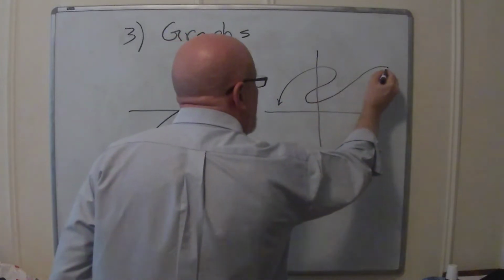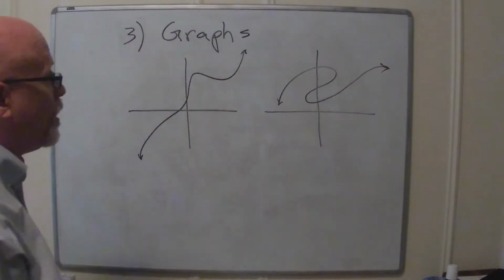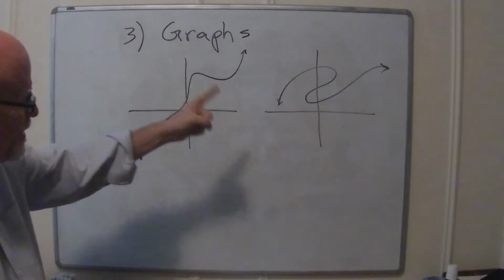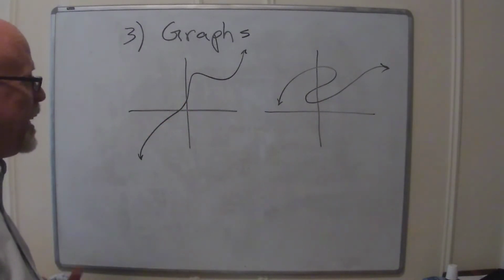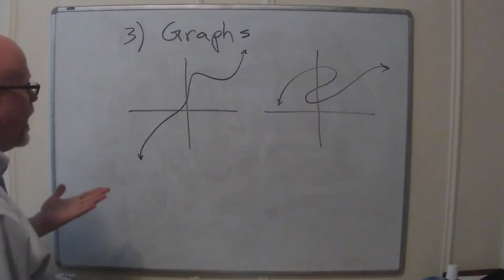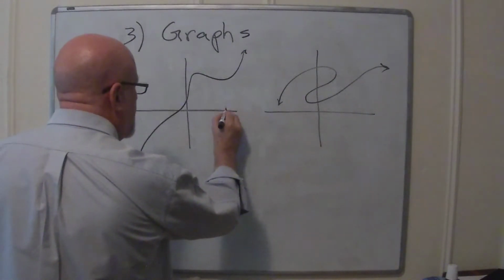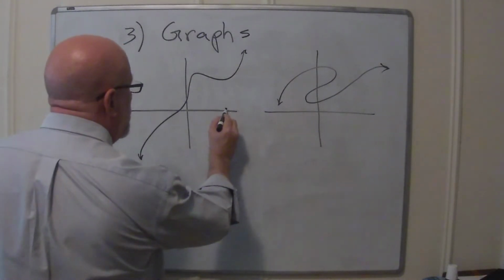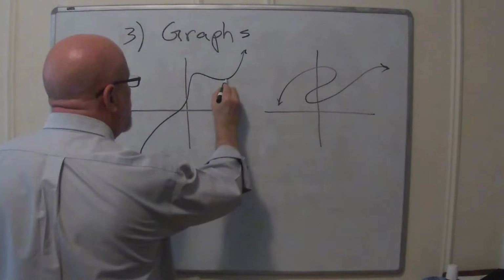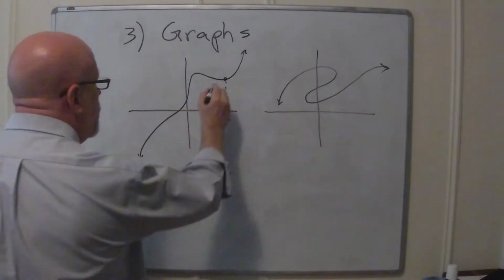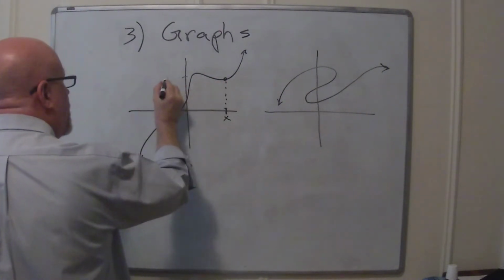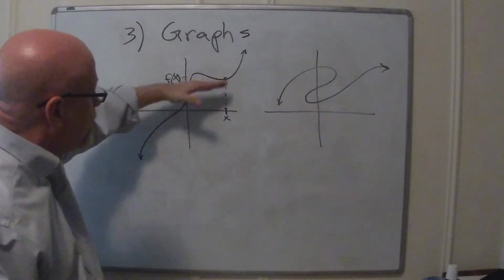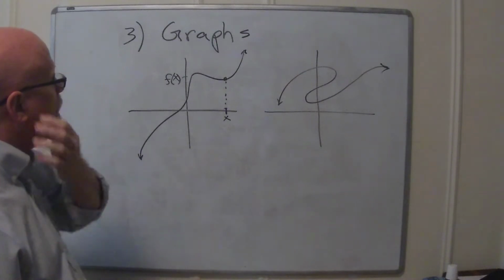Now, at some level, these are both just weird-looking curvy things, right? But this one's kind of a good weird-looking curvy thing, and that one's a bad one. Why? Think about what happens at a particular input. Suppose here's a spot on the x-axis, we'll call it x. And the y that goes with that is just, look above me and find the graph. That y is what comes out. I would probably call it f of x, actually. And that height is the output that goes with this input position.